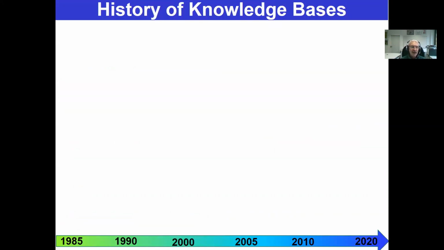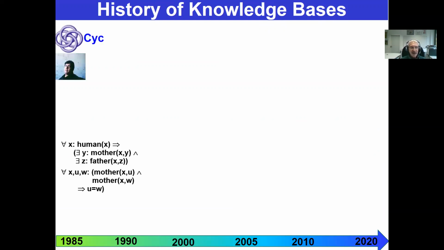So how did we get to this state of the art? The theme of facilitating computers with knowledge about the general world is very old in AI. It goes back to the 60s, 70s. But it took until the late 80s that for the first time, this project called Cyc actually built a knowledge base of notable size. A team of knowledge engineers led by Doug Lenat handcrafted logical assertions like these.